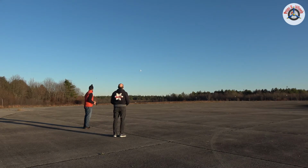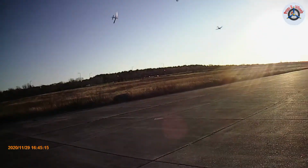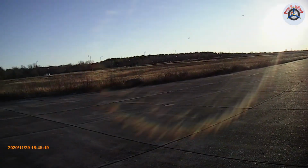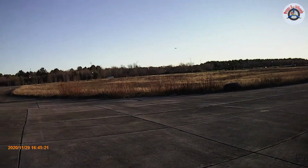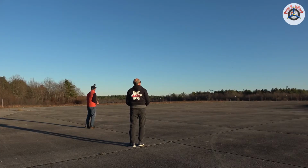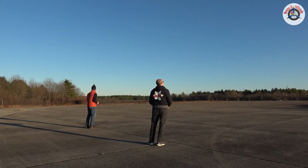A nice and slow pass. If it gets any slower. Here we go. Folks, it is flying very nicely. Stabilization is helping. I just have to keep it close because that's